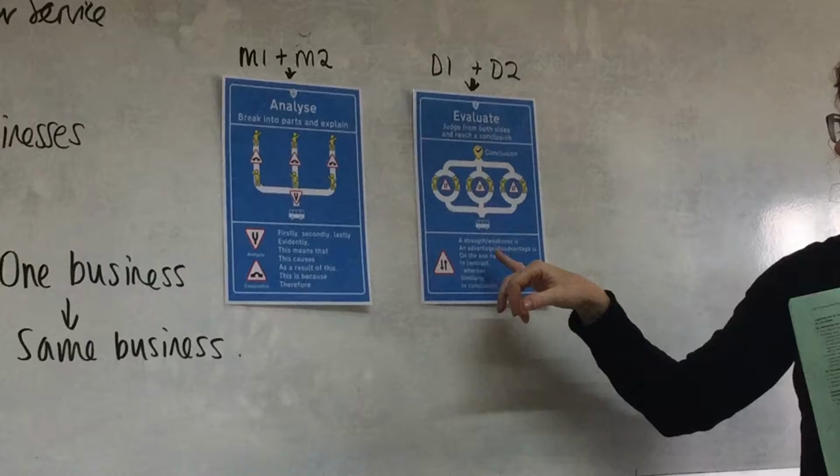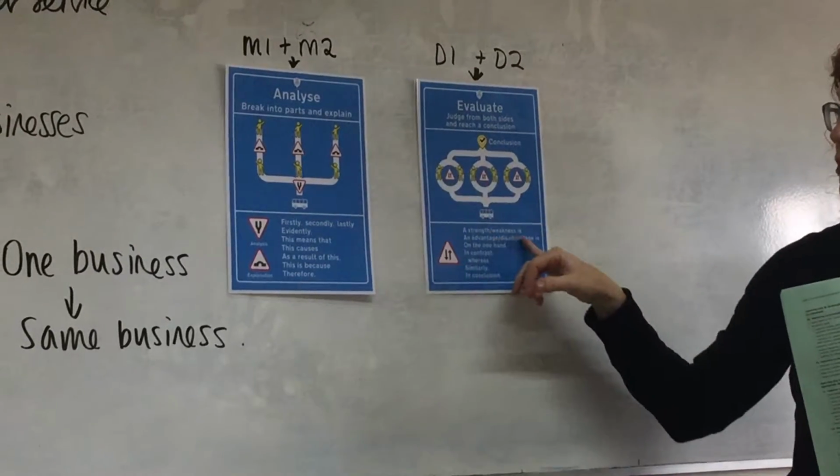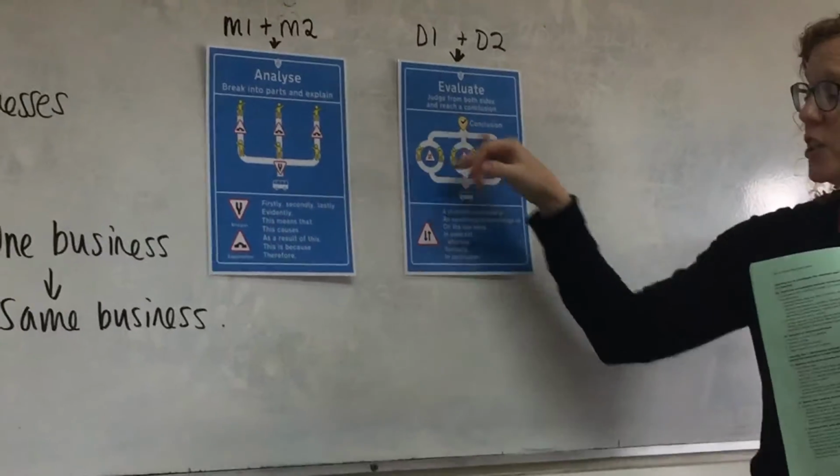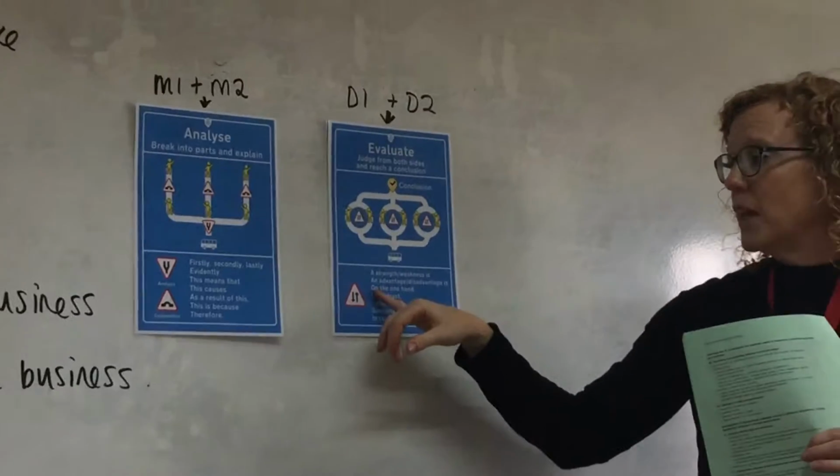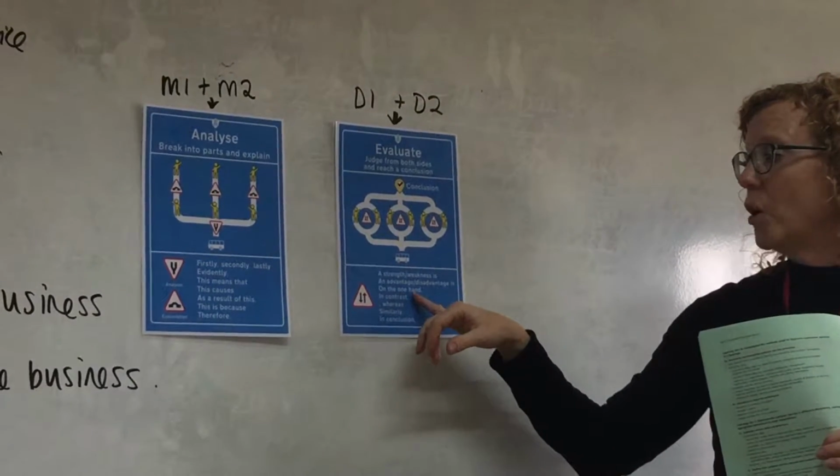So basically you start from here, you're looking at strengths and weaknesses, advantages and disadvantages, and some of the language here is on the one hand,